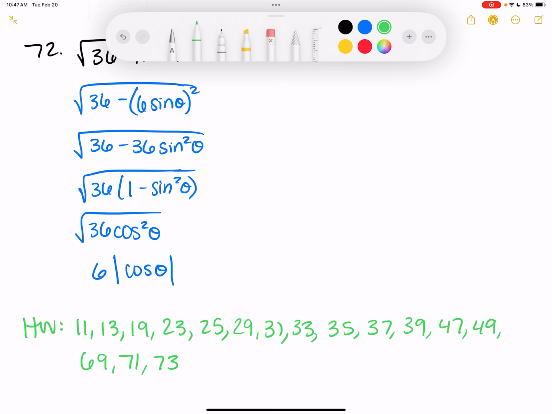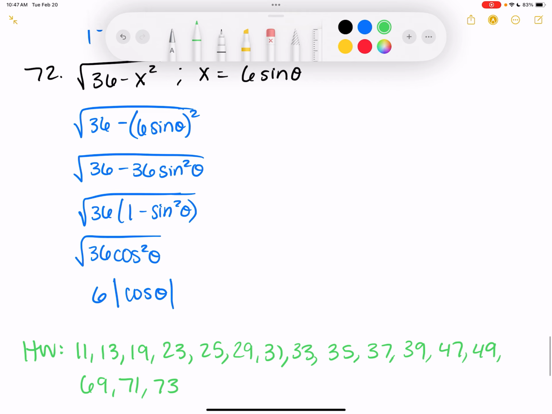But you do not have to do all of them if you feel like you've got it under control. Like 69, 71, and 73 are all this square root type. I would say maybe do one of the easy ones and one of the harder ones. So it's a lot, but you don't actually have to do them all. But those are good problems to look at if you are looking for something to do. Well, I mean, if you're gonna